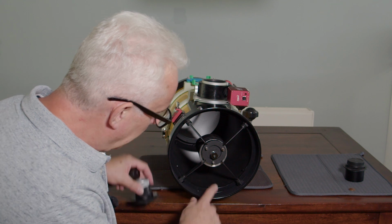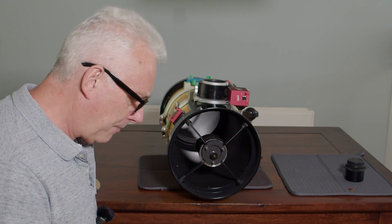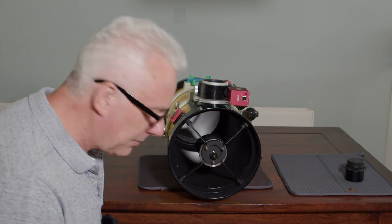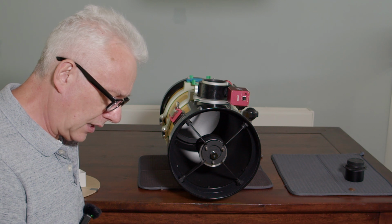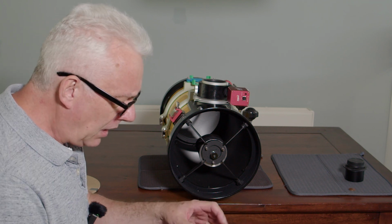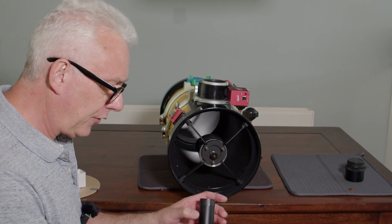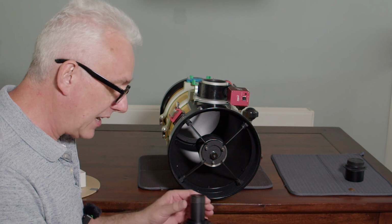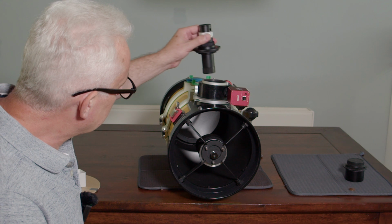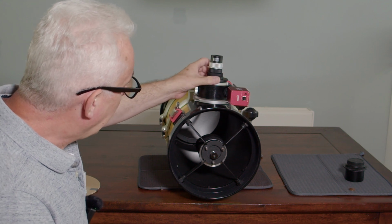And in fact, with the bigger telescopes, and I think this may also be true for the 160 as well, because the offset is pretty slight, it's only about 10-15 millimeters, you'll struggle to see it if you look down the telescope just visually without the crosshair. Because the crosshair restricts the field of view, you will more easily see the offset nature of the telescope. So now the full tool gets screwed into the top of the telescope, and now the ideal condition